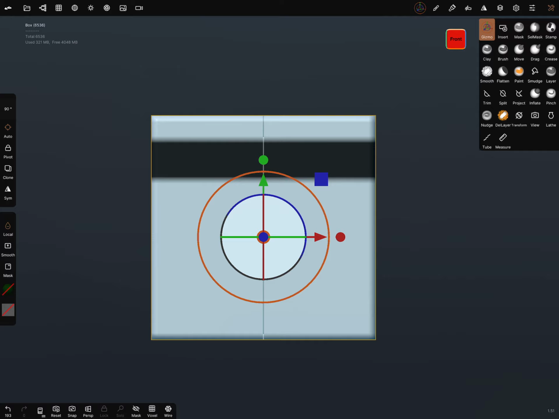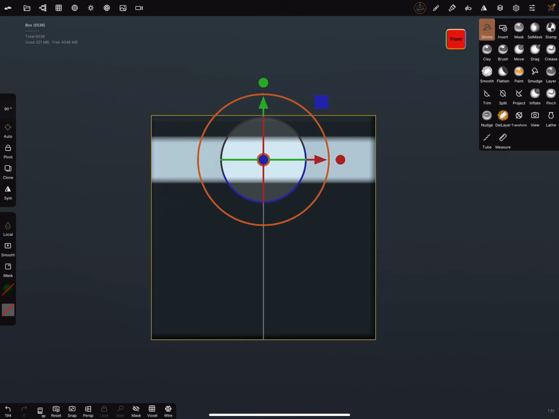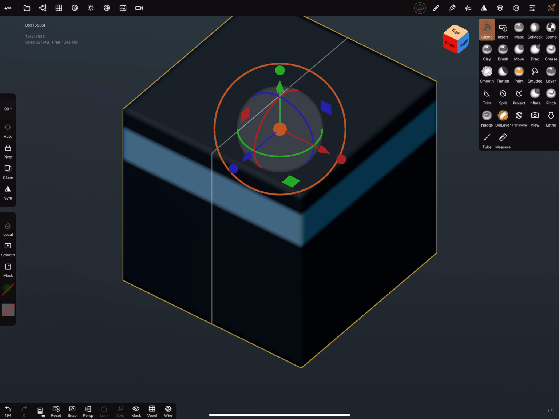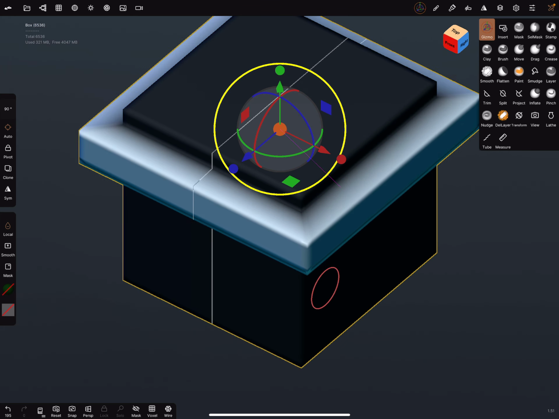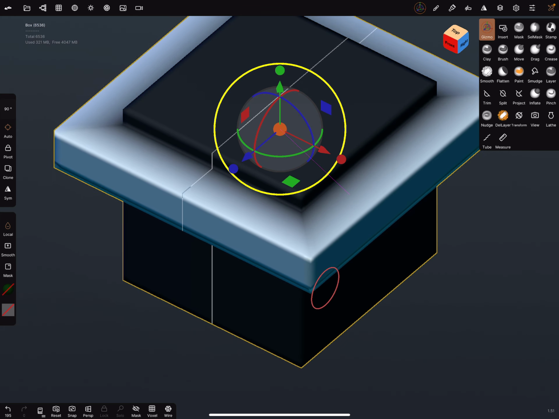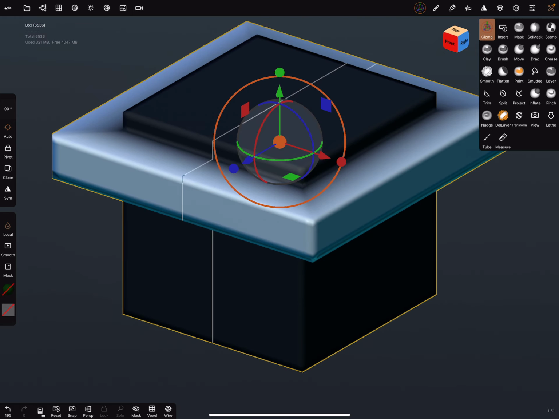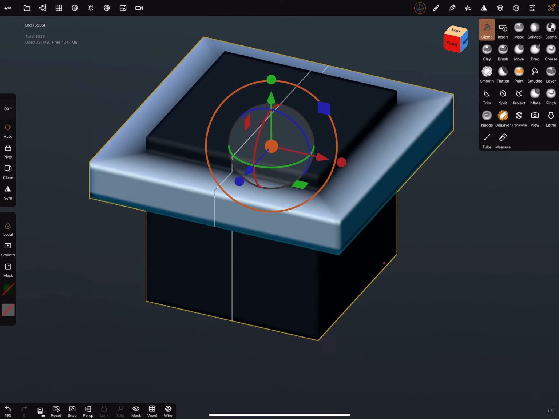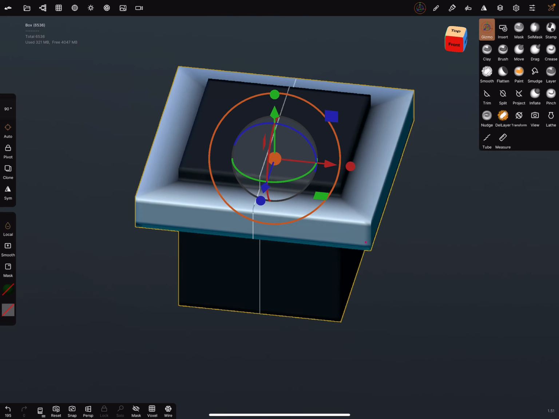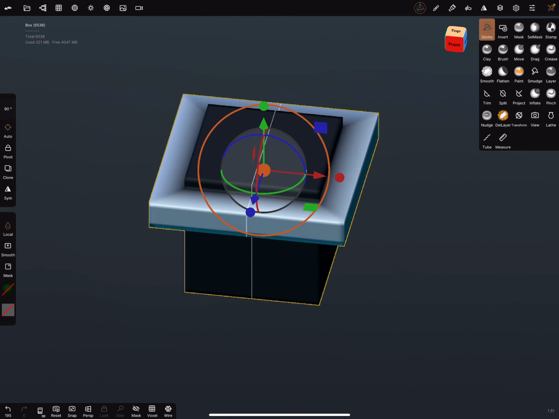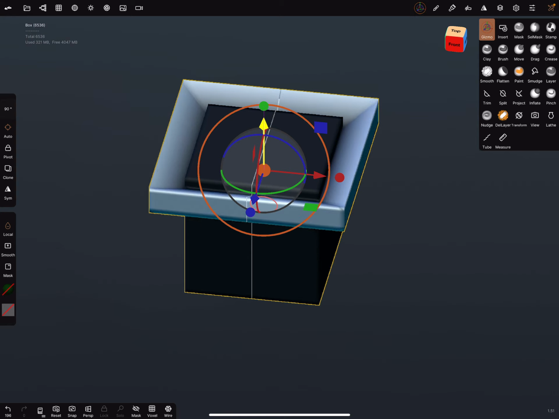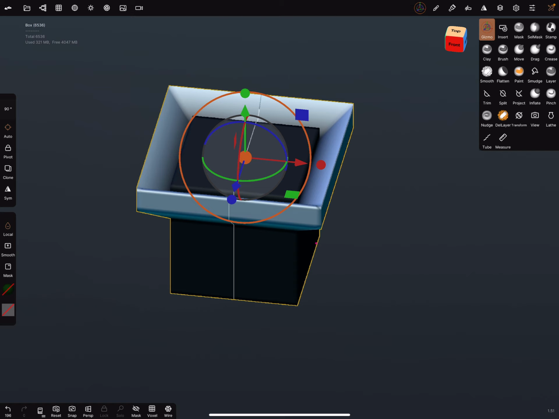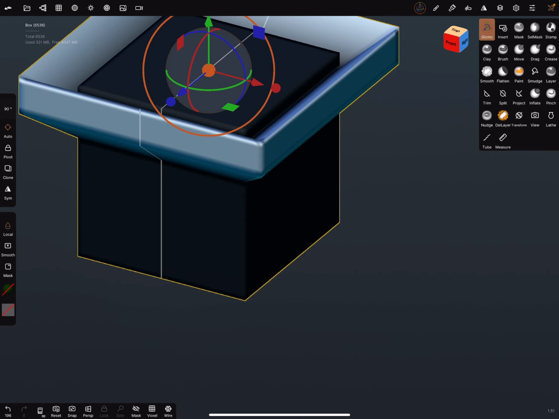Tap the mask button and invert the mask, and then you can go in a view, you can see it, and then you can scale the shape out. And then you can adjust it also in this way. You can try it out.